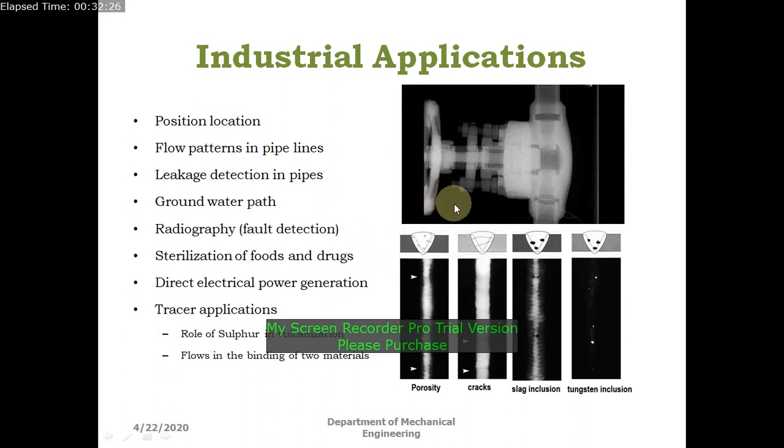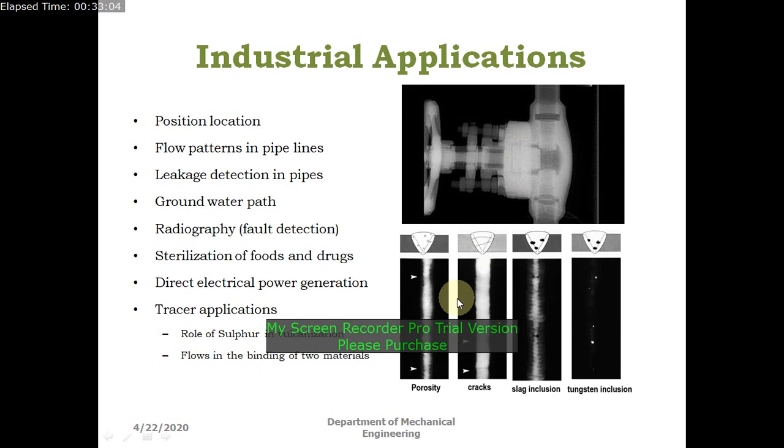In between them we have a flow control valve. You are interested to find whether the valve is in good operating condition, or where there is a crack in the pipeline, or even though the valve is being completely opened or partially opened, whether the discharge is not being varied. We can use this radiography technique by passing the rays through the component. So based on the film you are getting there, you can see where the problem is, what it is. Based on that you can take some suitable measures.